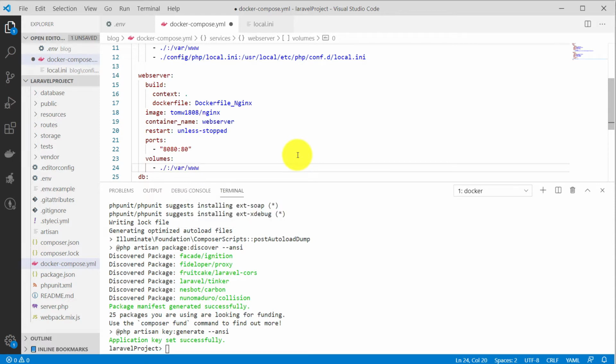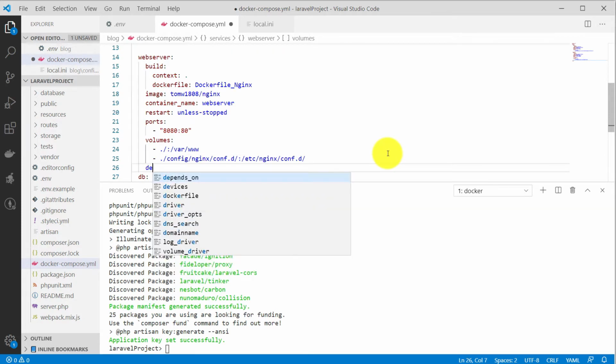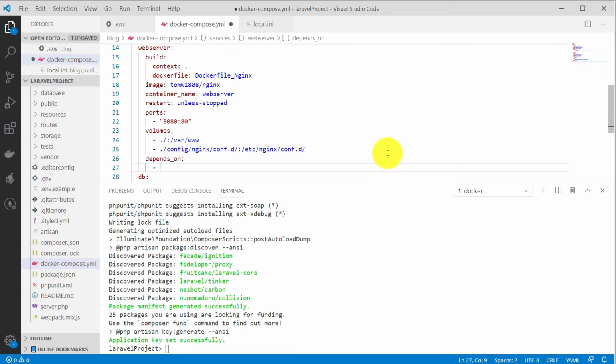and we are going to also have a config file /nginx/conf/ and we are going to map this into /etc/nginx/conf into the container. Great. The only other thing is that this container depends on the app container, so this container can only be